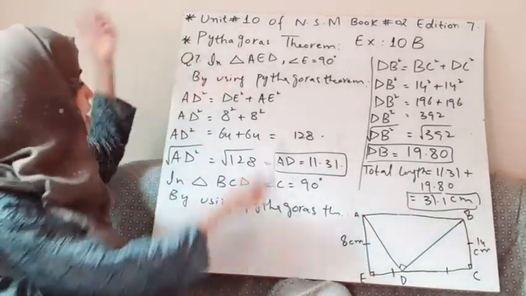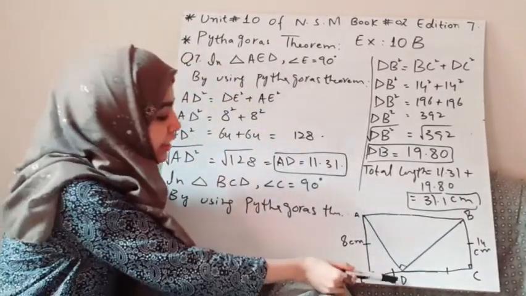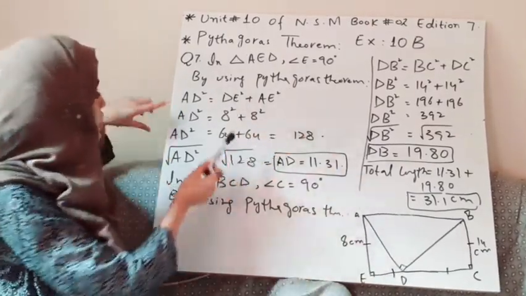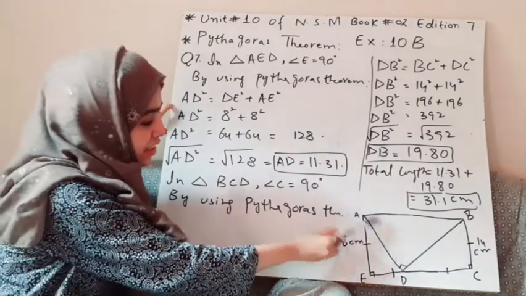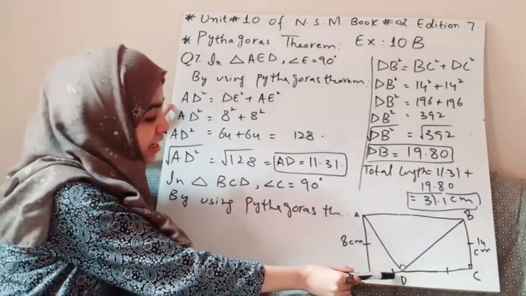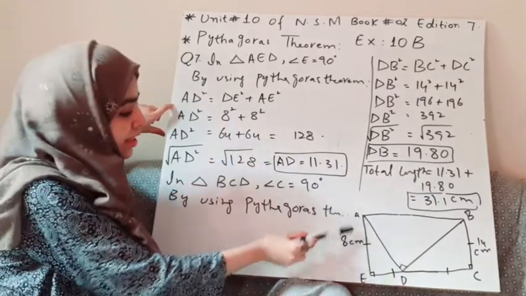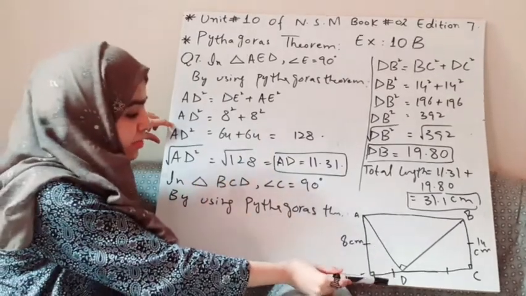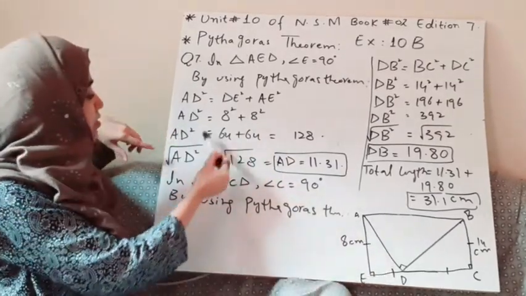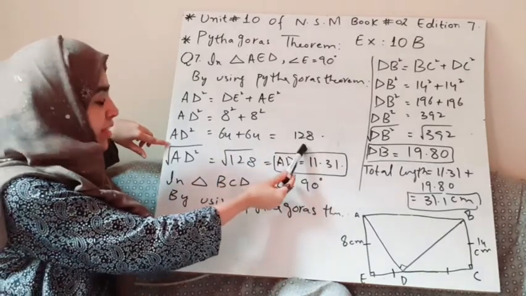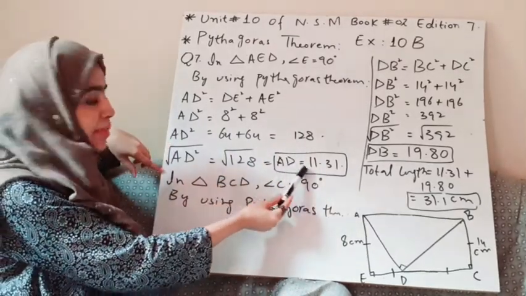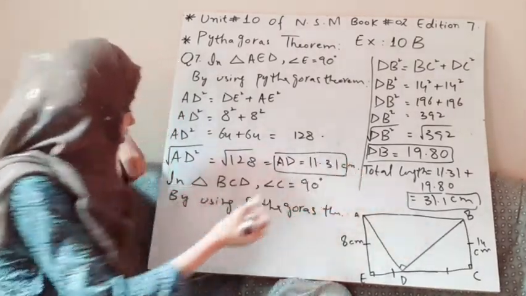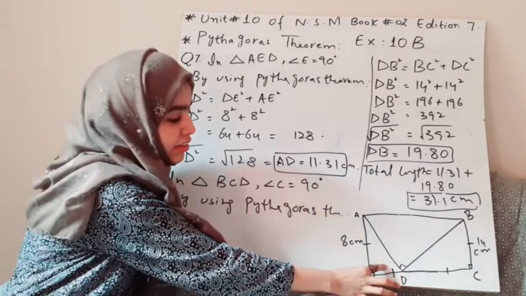That is the symbol of a triangle. In triangle AED, angle E you can see is 90 degree. By using Pythagoras theorem, which says hypotenuse, which is this side AD, if we are taking this triangle, AD square equals AE square plus ED square. After putting the sides of same length, which is given, 8 square is 64, after adding it will be 128, and then after solving it AD will be 11.31 centimeter. So now we have found one side length where we have to apply the glue.